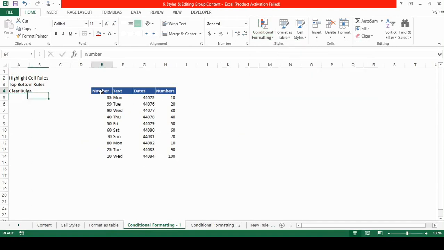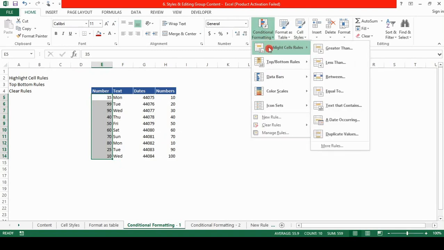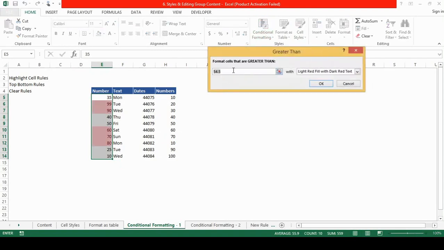Suppose we are given a set of data, in this case it's the table. We will select the numbers: we select the column, Shift Control Down Arrow, and we go to conditional formatting. We click on highlight cell rules and greater than. In this case it is automatically chosen 54.5, so whatever would be our threshold limit, if we enter say 30,